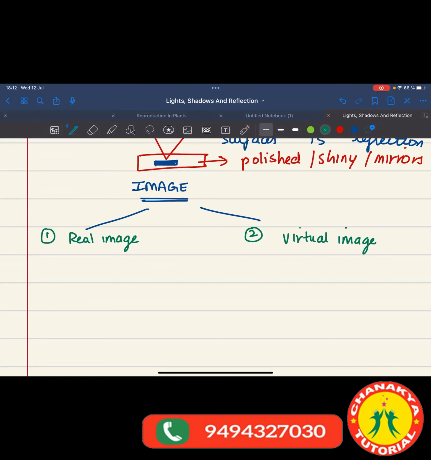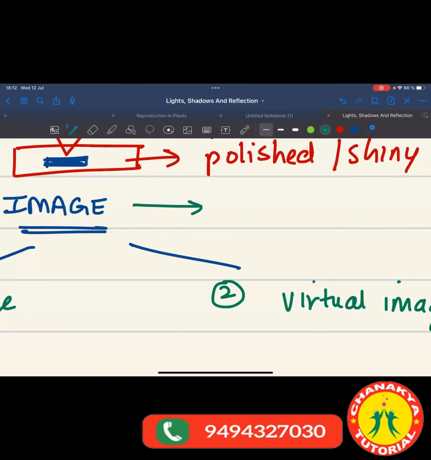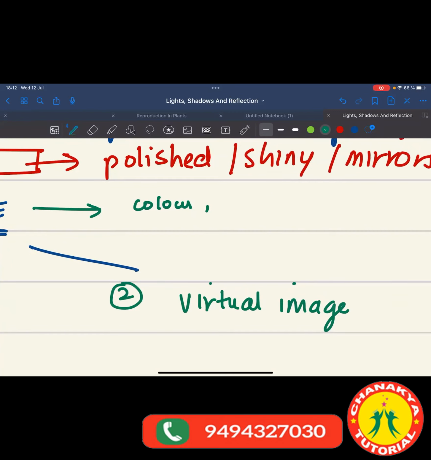So the images generally, shadows are black, but images have color. They have color in them and they are formed. So why are they formed? They are formed due to